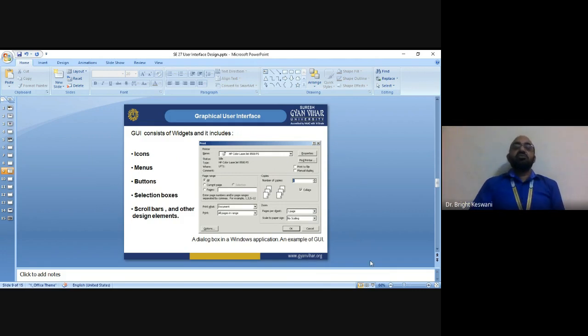Like if you want to print the first page to the seventh page, then give the range first dash seven. Okay, so this is the simple